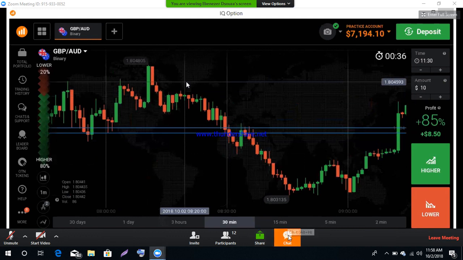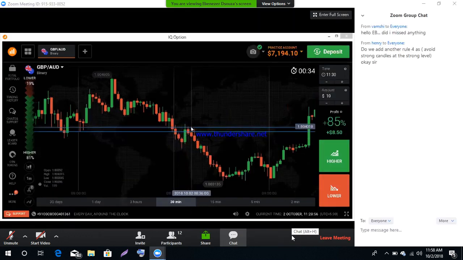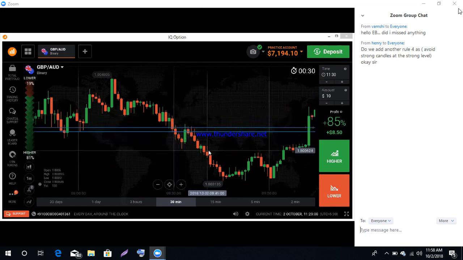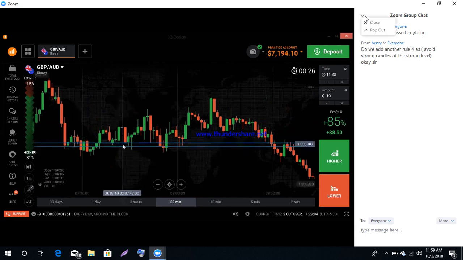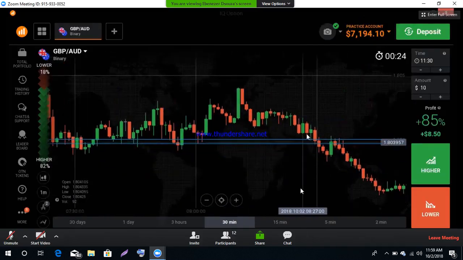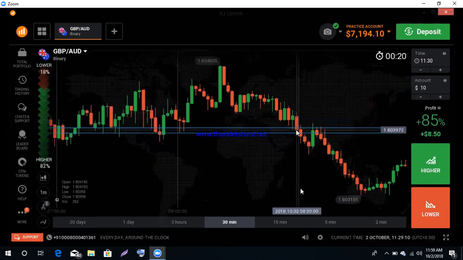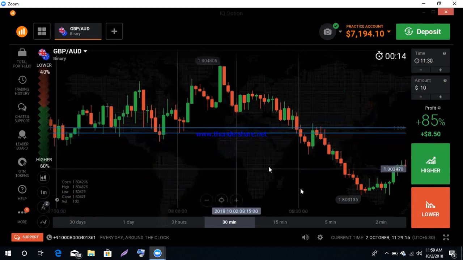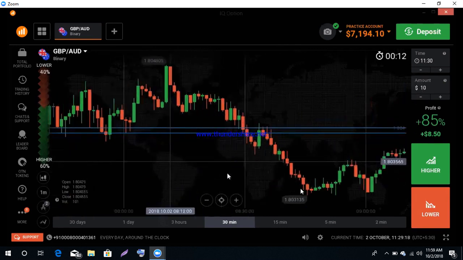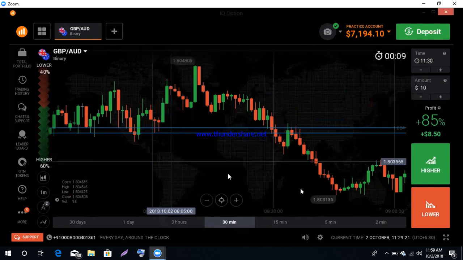You can see this candle closed below the level with rejection. This is breakout because it is trying here, and again it reverses from this level, and again the sellers are trying to break this level. It means it may break this level because it is trying to break this level again and again. When market is trying to break this level again and again, it means it may break this level at any time.